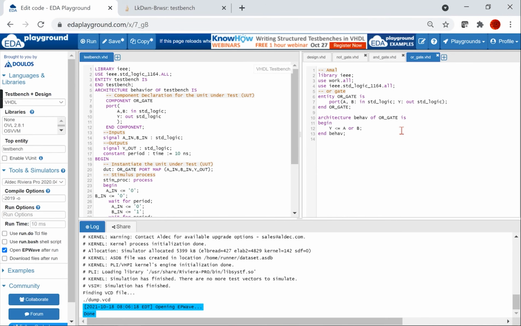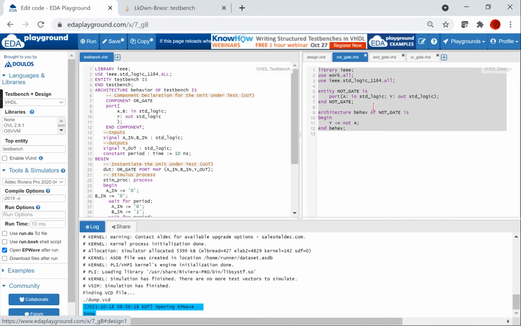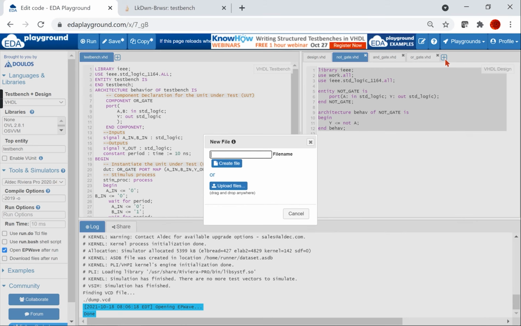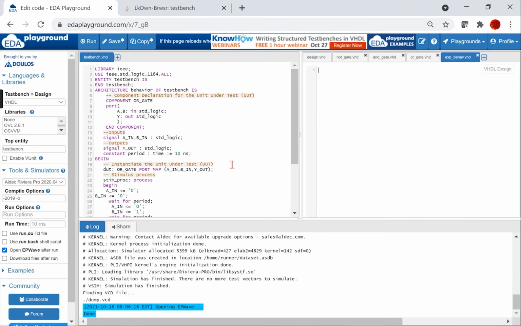Now the final thing we will do is an expression. I will use the NOT gate as a template, and I will write the expression as a comment, but we'll start with creating a new file. I will call it exp_behave. You have to spell it this way if you want to use the test bench I provide. Click create file, paste the NOT gate,